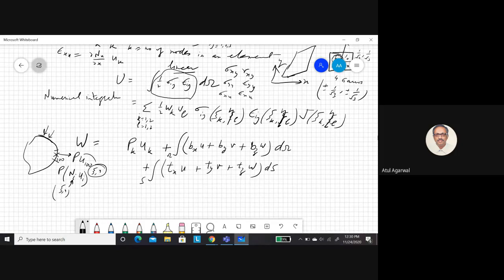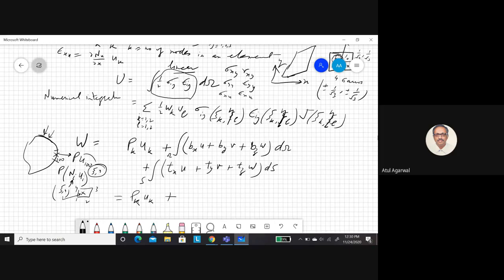So you will calculate the shape functions in the element for all the nodes, multiply with the corresponding displacement. That way it will give you the displacement at this node. So xi eta correspond to this node where force is applied. And that will be the work done. It will be calculated straight away. But here you are doing integration over a domain. So here integration over a surface area. So you can use numerical integration.